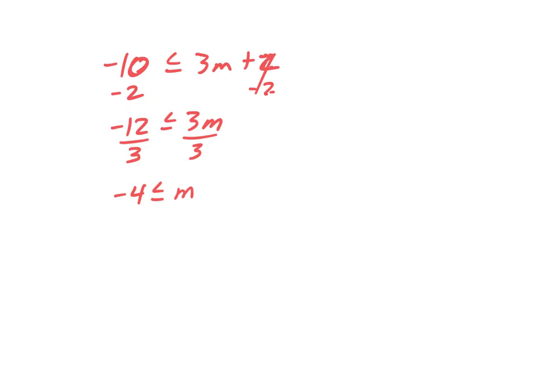So I'm going to flip everything. I'm going to flip M to the left. I'm going to flip my sign. And I'm going to flip -4 to the right. Okay? So we're just going to switch everything. Because it's a lot easier to read this as all values of M is greater than or equal to -4. So we know that we should be shading to the right. But that's a very common mistake: if I don't put the variable on the left, I might shade the wrong way. And then once again,